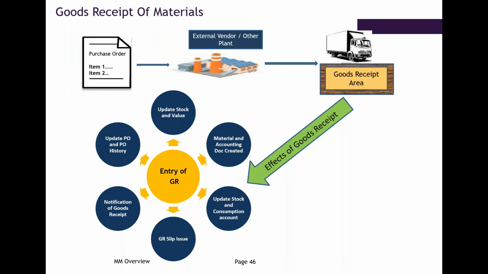Okay. And a notification will also be sent to the accounts department that this particular goods receipt has happened and you need to do the payment. So they will do the invoice receipt for this goods receipt received from the vendor. So basically, what happens at the goods receipt point, as soon as we post, the main thing is it will update the stock and value of the material, as well as the purchase order history will also be updated with the goods receipt number and the quantity, how much is received, and what batch it is received in. Everything will be automatically updated in the purchase order as well.